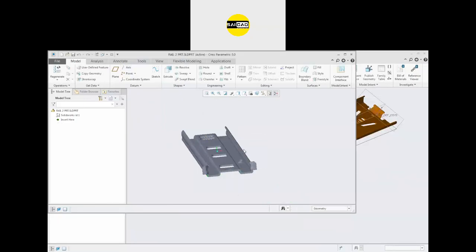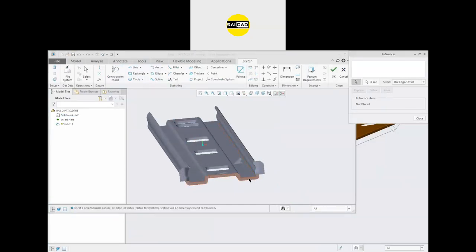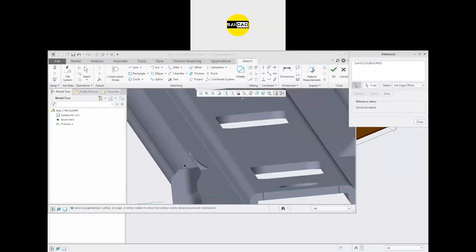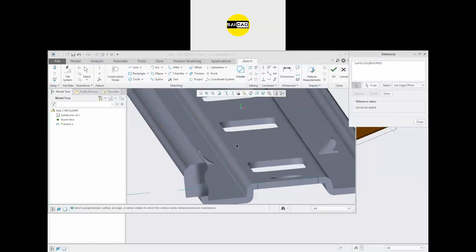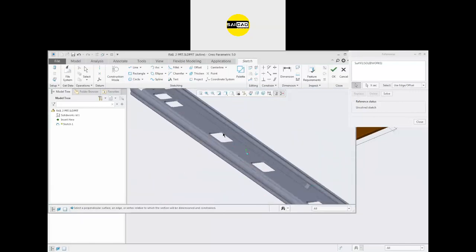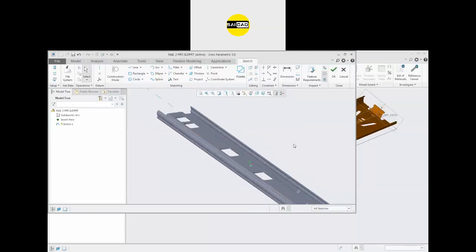or you can just go directly into the sketch. You can select the axis from here. Reference would be with this one, close, and you have to select two faces for the reference, like this one, close.